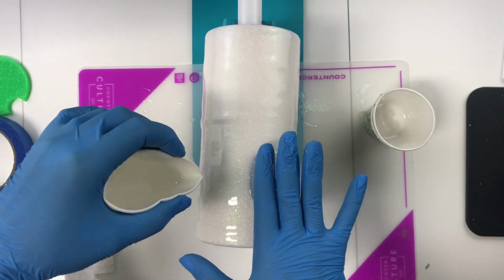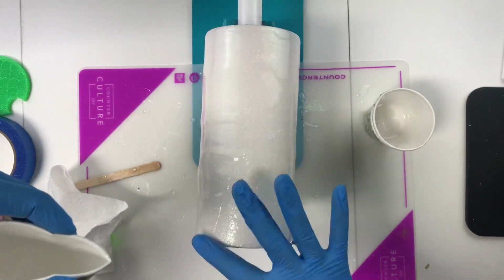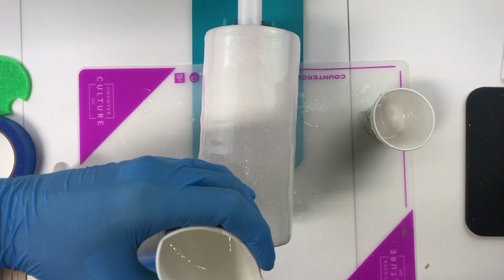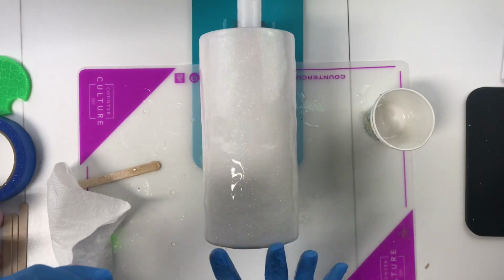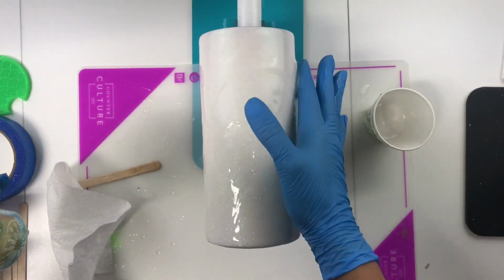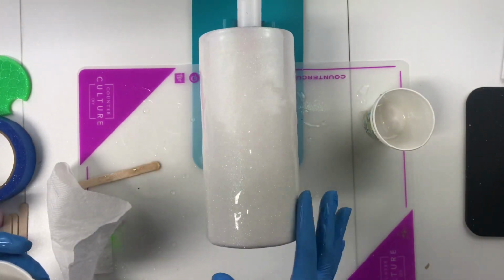You can definitely seal before this part if you want to, but going in with a thicker coat of epoxy definitely helps with the glitter staying put, if that makes any sense, because I'm not pushing the glitter around that much. I'm just letting the epoxy flow over the tumbler, and then I am just kind of moving the epoxy with my fingers instead of the glitter. And I hope that makes sense to you guys, but you can watch and see what I'm doing here